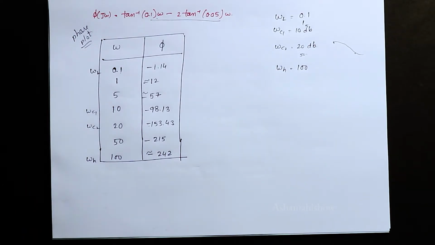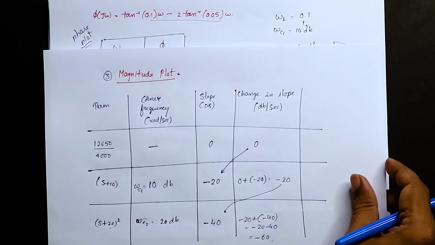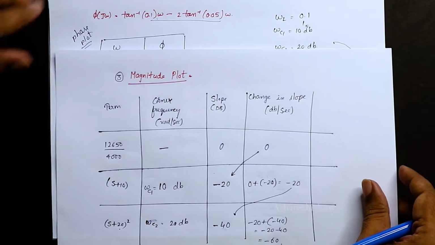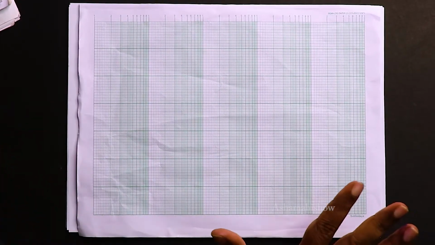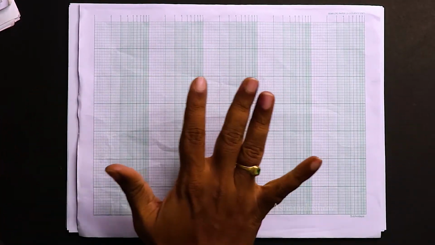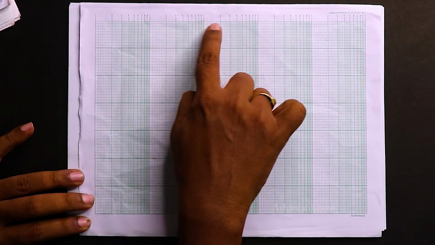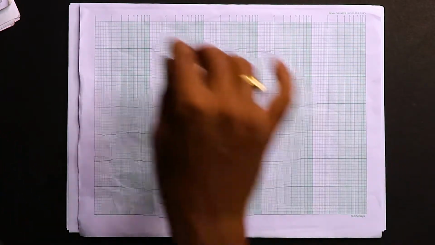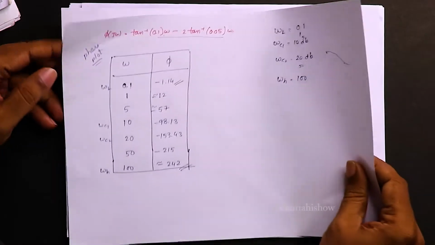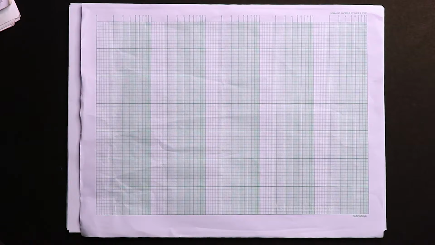So now, taking a phase plot and magnitude plot, these two, we need to draw a graph in semi-log. I'll show you how. So now let us take a semi-log graph. Your semi-log graph is not like a normal graph. It is a bit different. Like your x-axis, we have uneven distribution, whereas the y-axis will be normal. So now to draw a magnitude plot and a phase plot, I have shown before the magnitude plot and a phase plot.